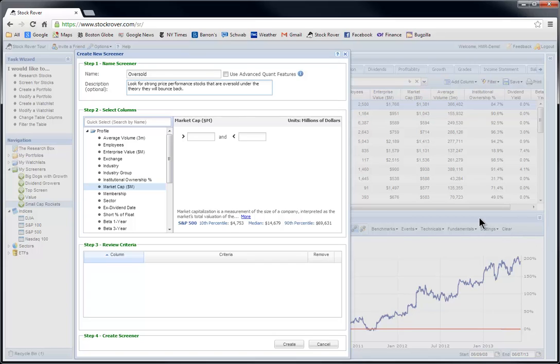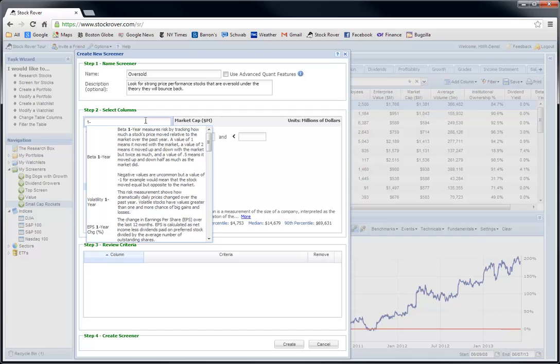We're going to look really only at returns. So we'll start with basically companies that have outperformed the S&P for a long period of time but recently have tripped. So what does that mean? Well, we'll start with the 1 year